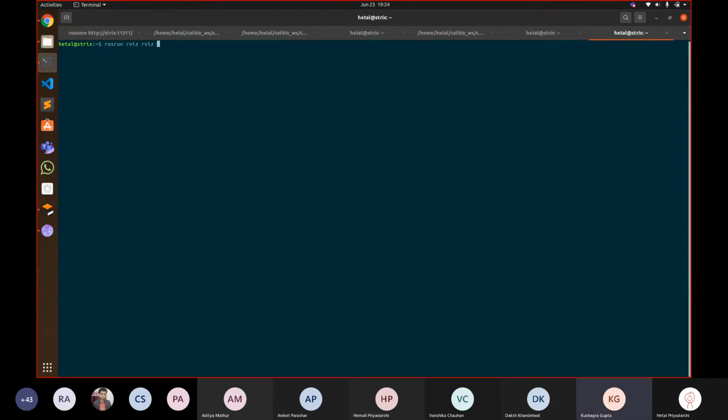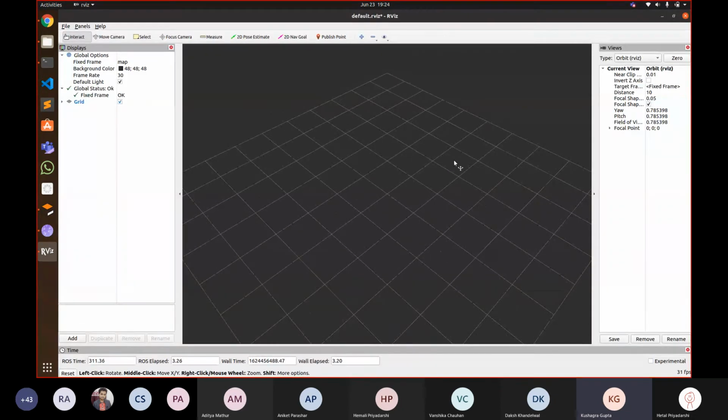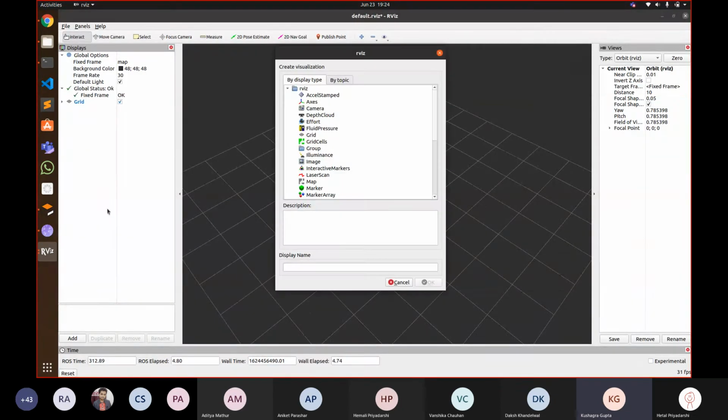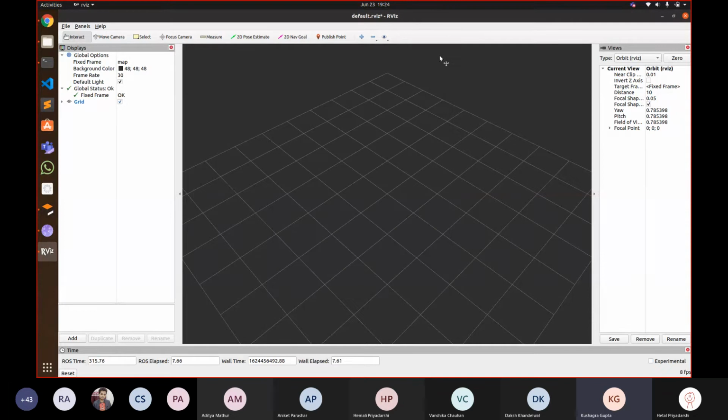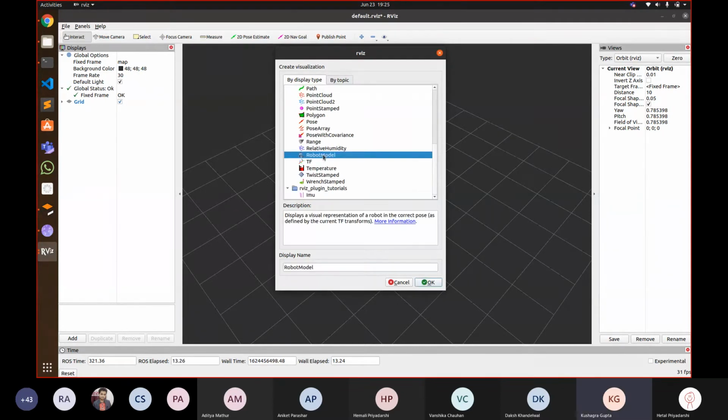So like Gazebo is there, there's also something called RViz. This is also important for simulation. You'll also use RViz. This is basically a visualization software, and all the data which is going in and out can be visualized there. So if you have a camera, for example, you can see if the camera is running properly, is the transform frame running properly, any sort of node which is being operated, is it doing its work properly? All of that you can see.